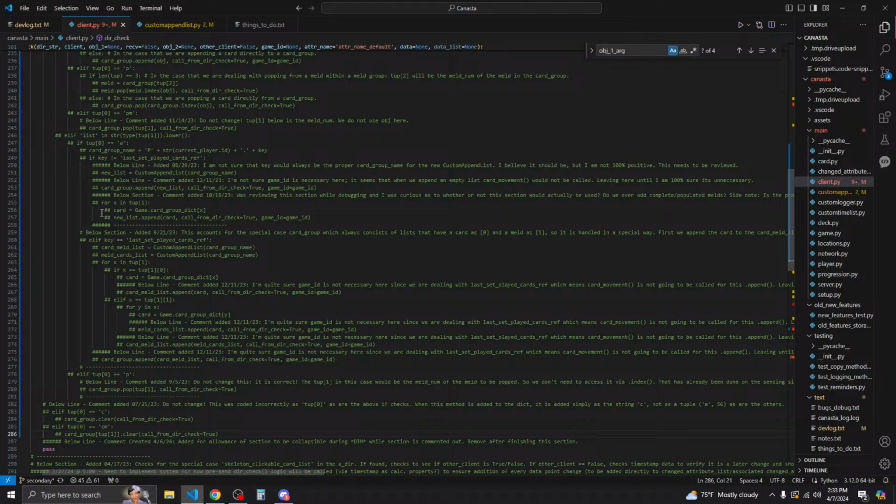Alright, so this really isn't that bad. It's delicate though, and we have to make sure that we're referencing the correct tuples and everything. So we just have to be careful when we're transferring the data. The only thing we're going to be adding to what I think we previously called the tup is going to be a reference to data. And we're just going to add another thing to data, which is going to have the card group name.